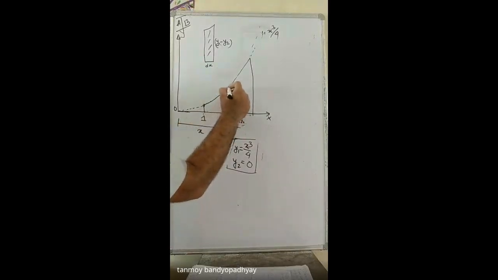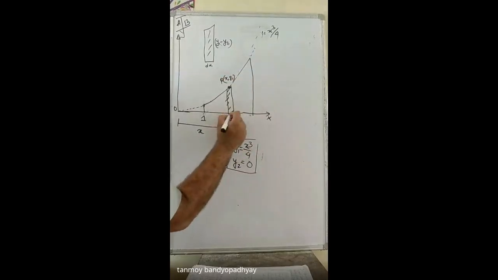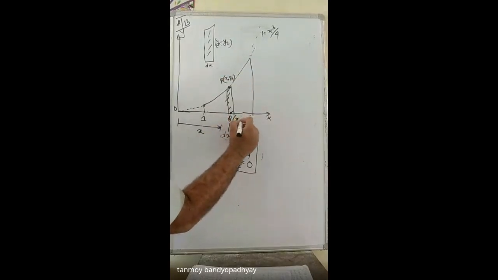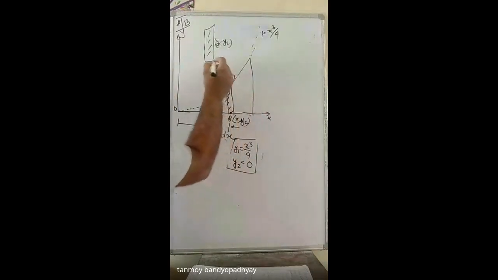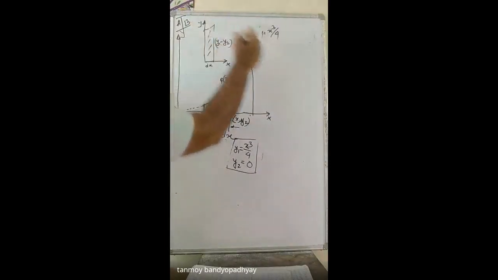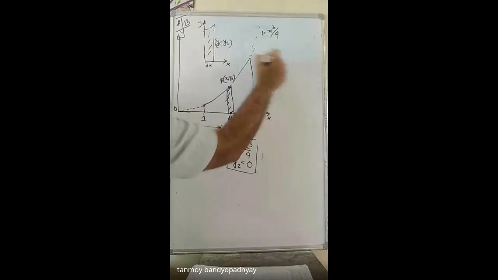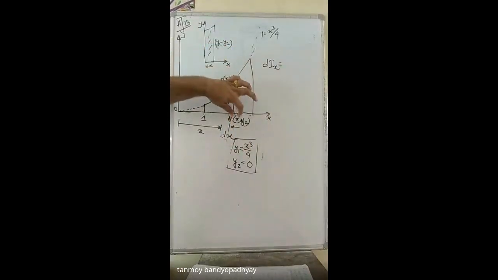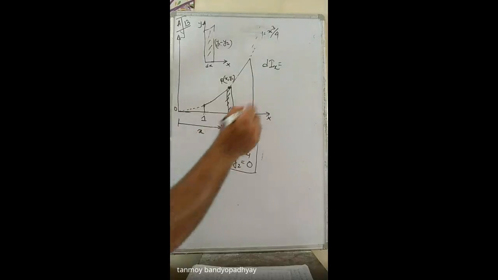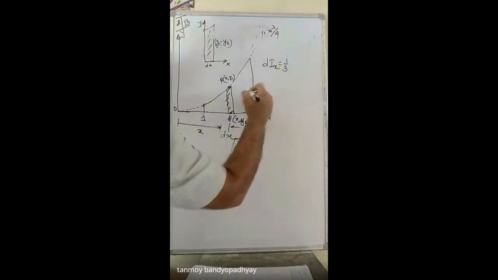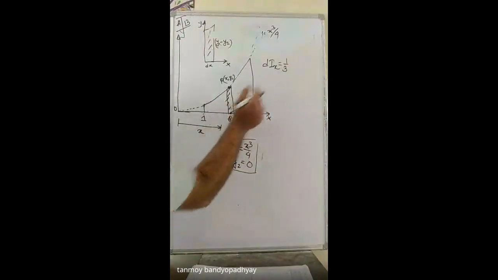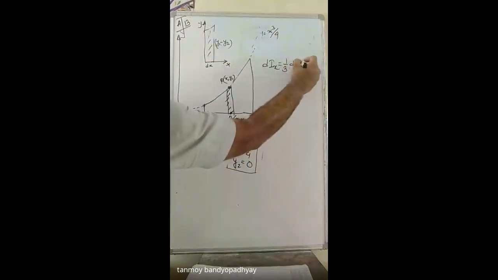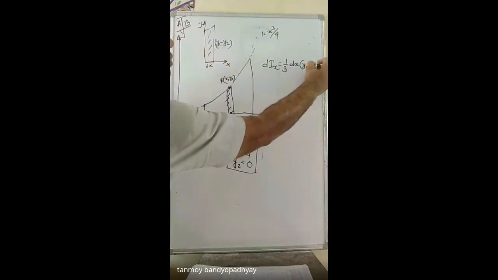So x comma y1 and this is x comma y2. So what will be dIx? Just as we had discussed, in this case now we are calculating, this is the x-axis and this is the y-axis. If you calculate dIx, this is about calculating the moment of inertia of this rectangular area about its base. That should be equal to, as we had discussed, 1/3 into b h cube. The base is dx, so 1/3 dx into h cube, where h is (y1 minus y2) whole cube.